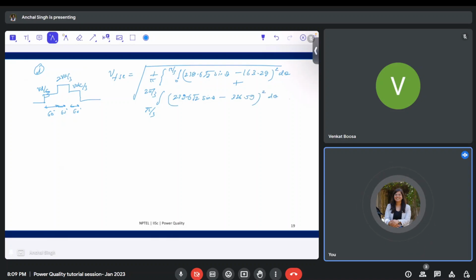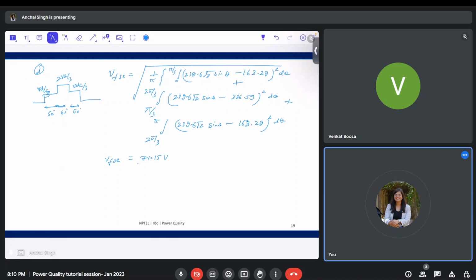And the third element will be 2 pi by 3 to pi, again 239.6 root 2 into sine theta minus again Vd by 3, that is 163.29, whole square d theta. After solving, this will come out to be approximately